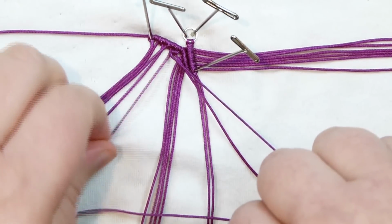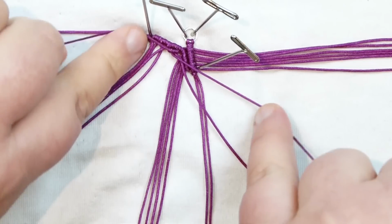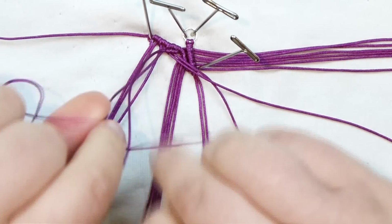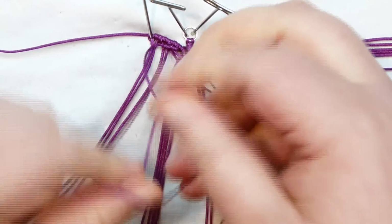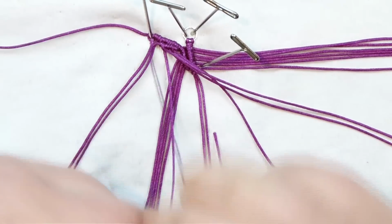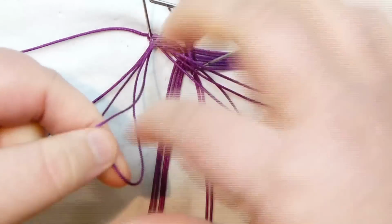And you just want to keep going like this, moving your way outwards, using 1 cord at a time here, all the way to the end until you use them all up. And every time just make sure you always grab the very next cord so you don't cross over those working cords, because that might make it a little bit messy. So work your way all the way out to the side, making your double half hitches. Almost at the end,